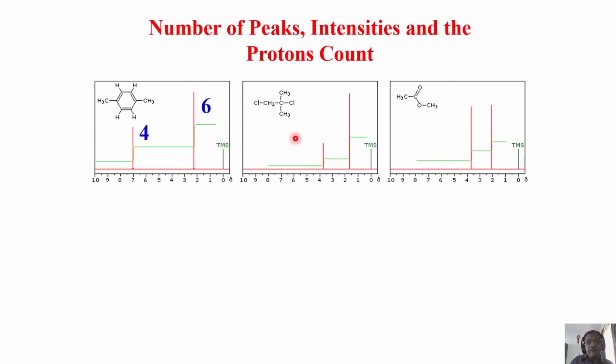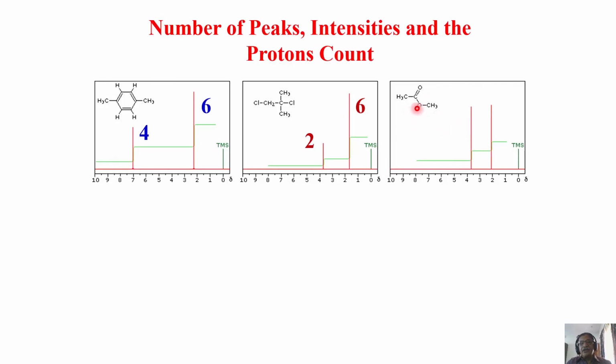Look at this molecule. There are 3 different types of protons, 3 groups: CH3, CH3 and CH2. Because of the symmetry here, along this axis, this CH3 and this CH3 are identical, chemically equivalent, and this is different. So when these two overlap, what is the intensity? 3 protons plus 3 protons. This CH3 peak must be 6 intensity. This CH2 must be 2 intensity. See, look at it. CH2 and CH3 intensity ratio is 1:3. You can easily identify.